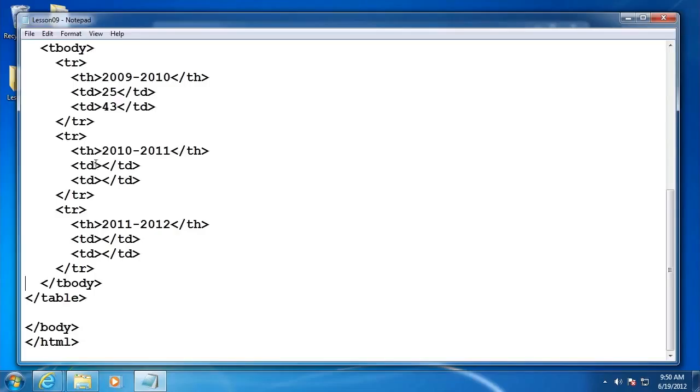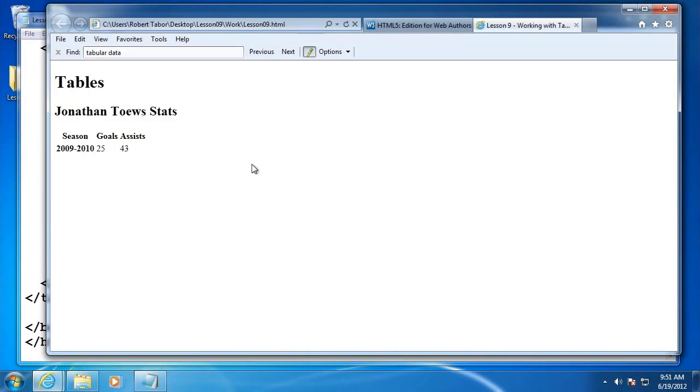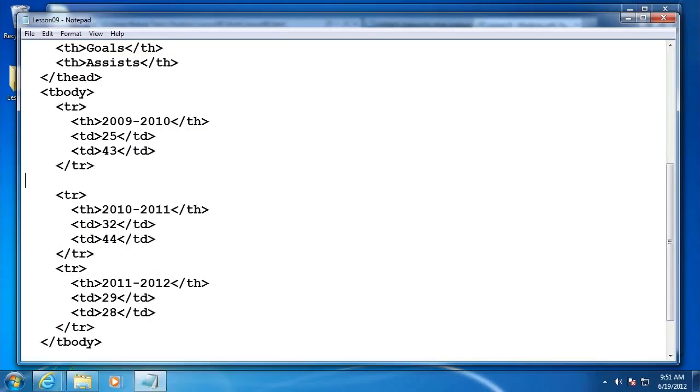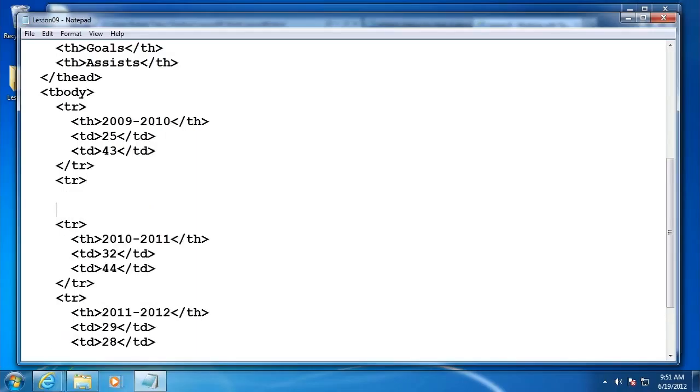All right, so here we have the 32 and 44, and then here we have 29 and 28. All right, so let's go ahead and see what that looks like. All right, more of the same. Great. Now, for example, what if I needed to create a row that describes something that he was involved in,